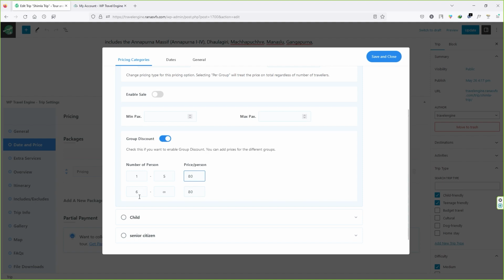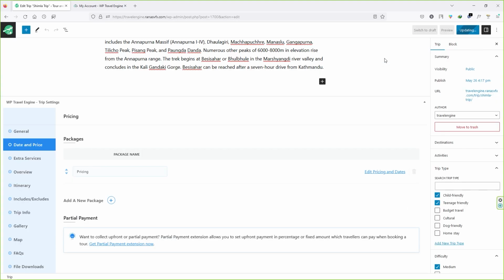Okay, in this case, we have 6 to 10 persons. The price will be even less, $90. Okay, for 11 to 15, the price will be $100. And from 16 and so on, the price will be $120. Okay, once you do it, click on save and close, and make sure you update the post, and then click